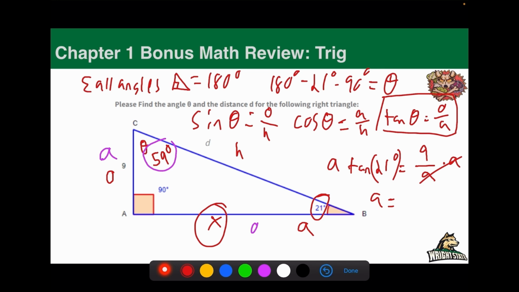A is not tangent 21 over 9. It's 9 over tangent of 21 degrees. Pardon me, sorry. Still a mistake to make, but if we're dividing, we're going to get the A by itself. We're going to put the tan 21 at the bottom. Okay, so it's 9 divided by tangent 21,